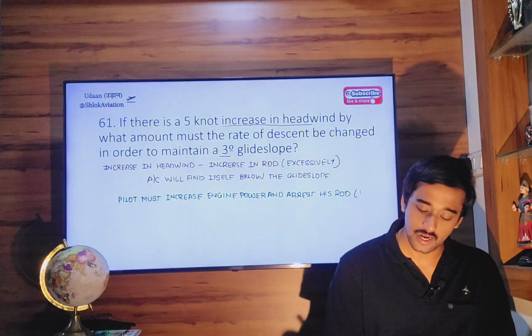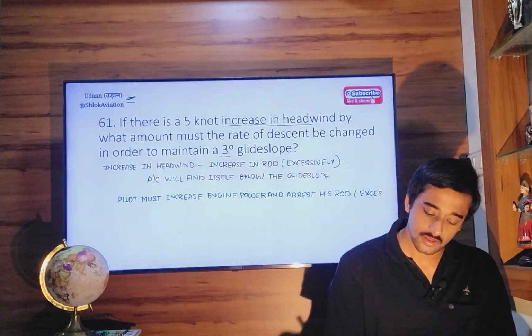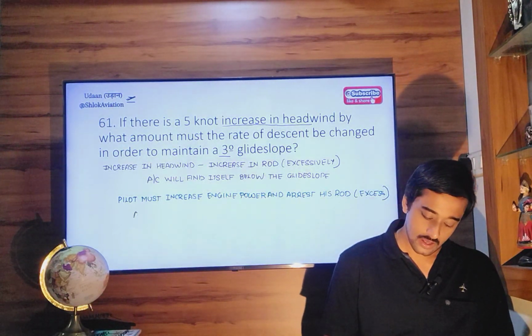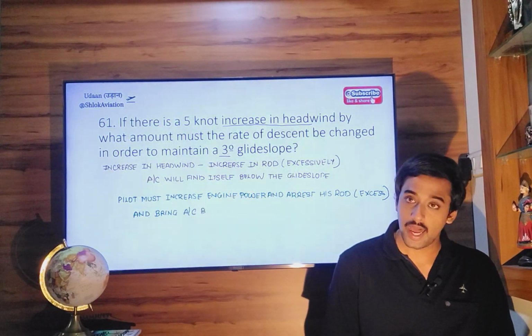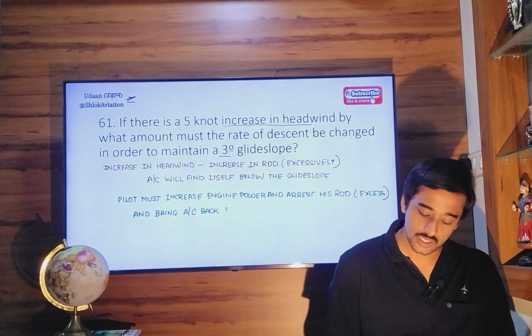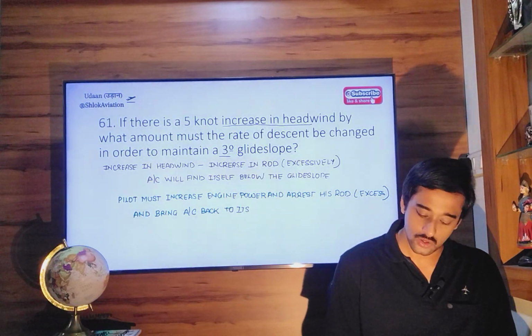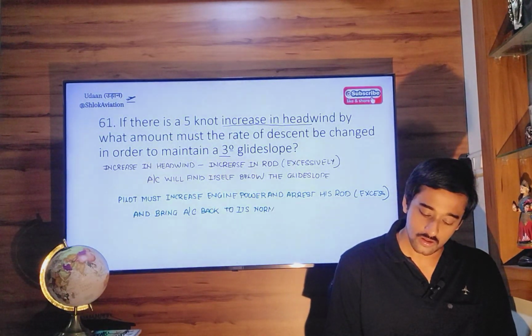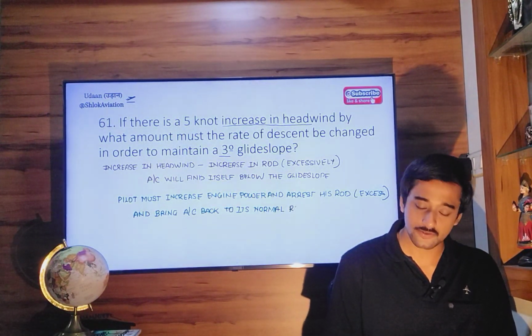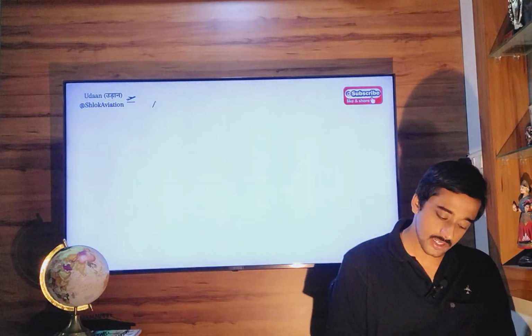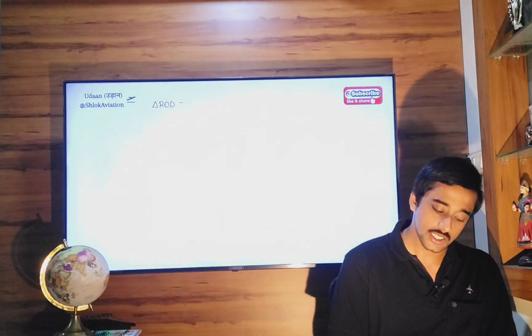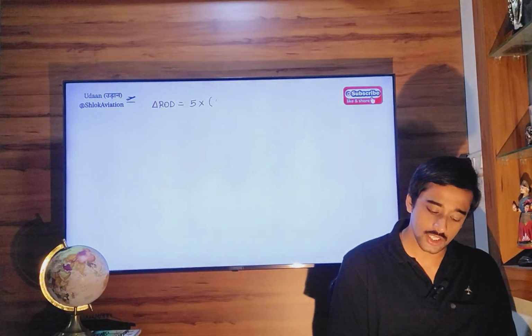Okay, excessive rate of descent, and bring aircraft back to its normal rate of descent. Okay, so the change in rate of descent required is equal to 5 times the change in